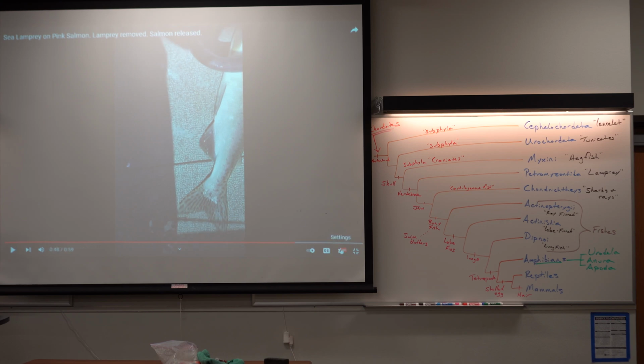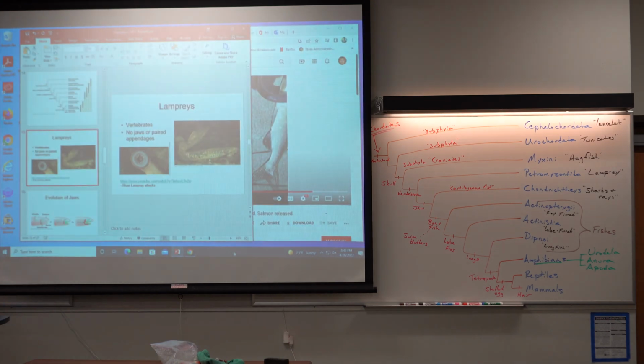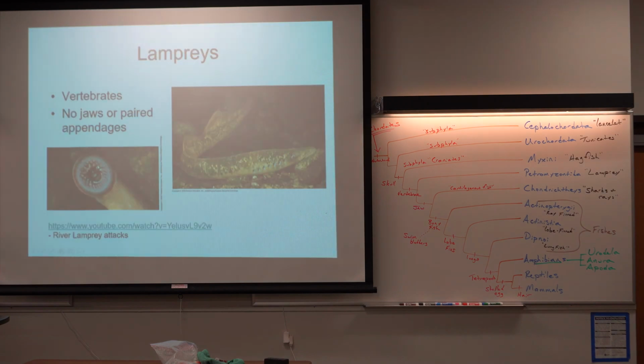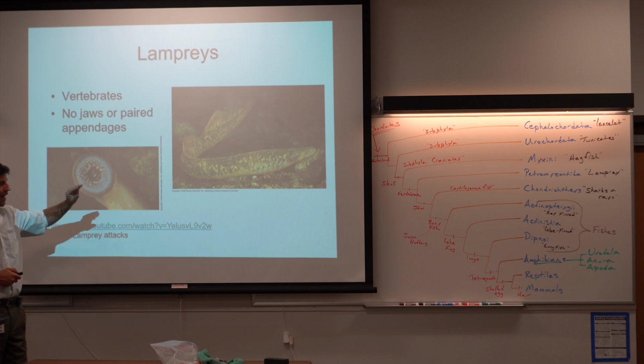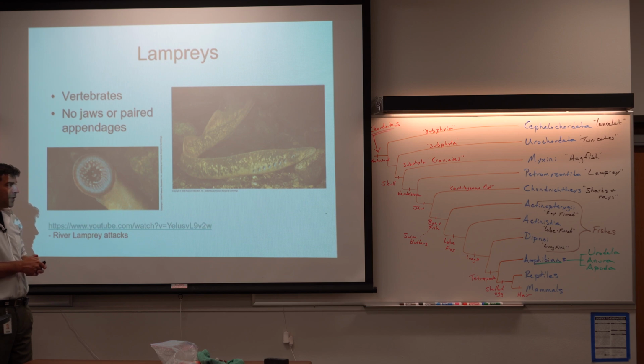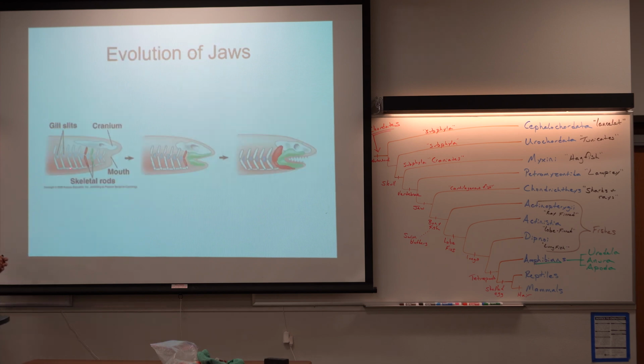Again, it's attached on there with that sucker-like mouth. It doesn't have any clasping jaws. And one thing that I want to point out, in these organisms that don't yet have a clasping jaw, so hagfish and lamprey, if you look at those gill slits, in the case of this lamprey, we can count 1, 2, 3, 4, 5, 6, 7 of those little openings, 7 of those gill slits. What are in between those gill slits holding them open are these little cartilaginous support rods. Notice how what they really do is just open those gill slits so that water can pass through them and